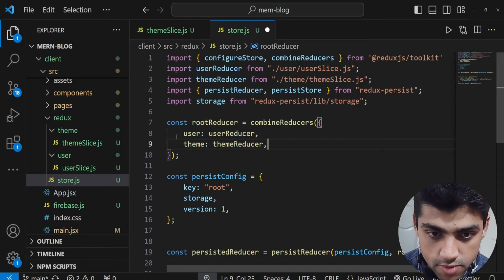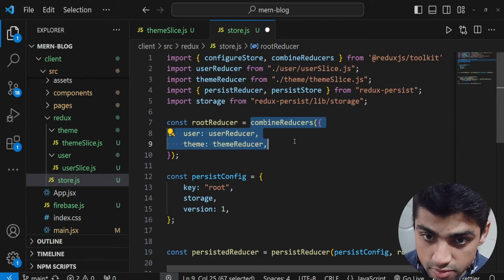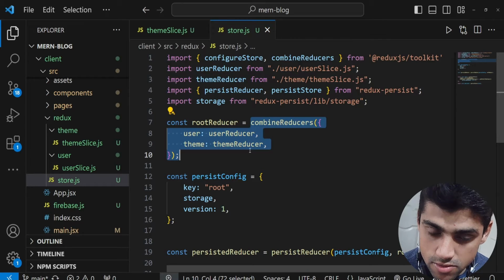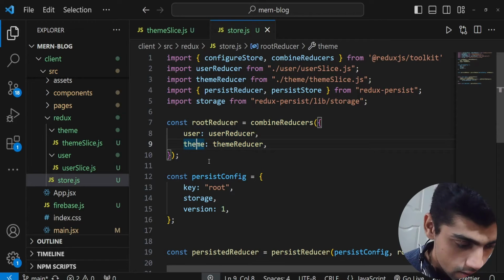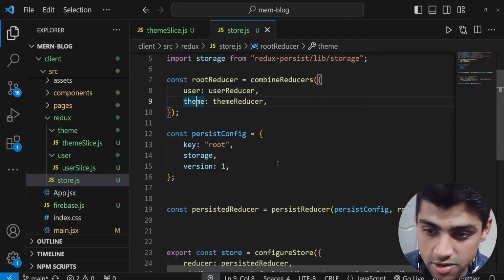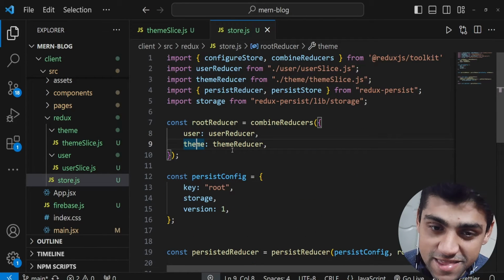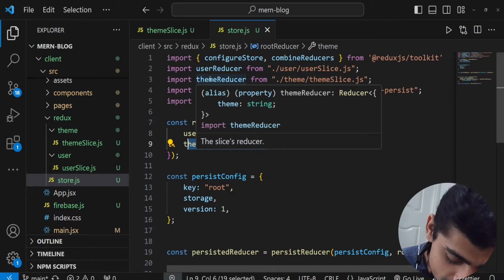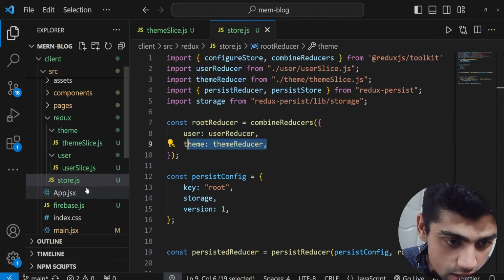So themeReducer right in here, put it in the combined reducers. Now this is where it's going to come into play. This is the reason why I use combined reducers. You could add more than one reducer, and there's nothing else you have to do. Everything else is good. This is the beauty of it. So now it's in our store, this theme. Now we could go to the theme provider. So I want to show you that